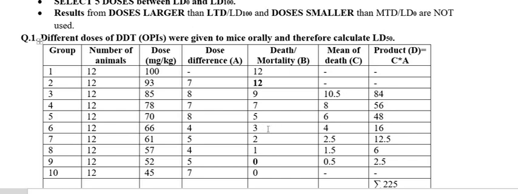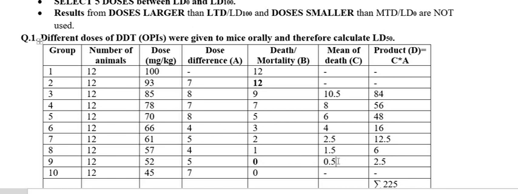For this one, the two adjacent death groups are 3 plus 2, that is 5, divided by 2 is equal to 2.5. Here for this group, adjacent mortality or death groups are 2 plus 1, so 3 divided by 2 is equal to 1.5. And here for this one, this death 1 plus this death 0, 1 plus 0 is equal to 1, divided by 2 is equal to 0.5.